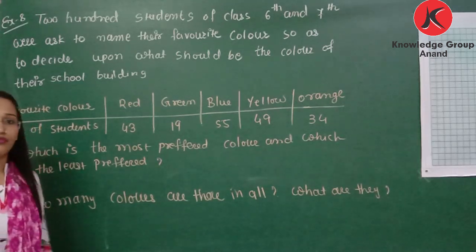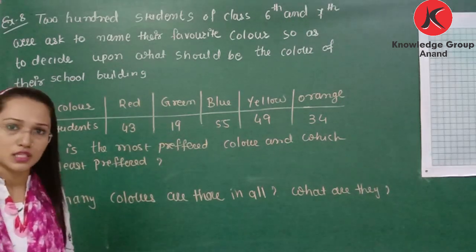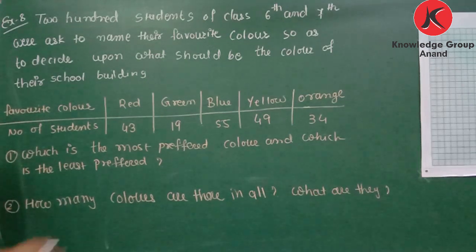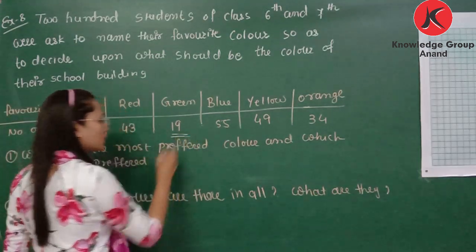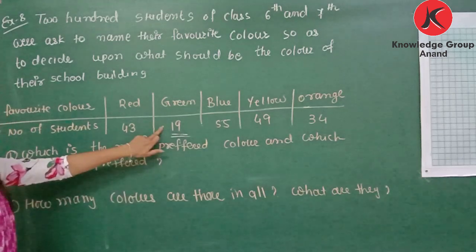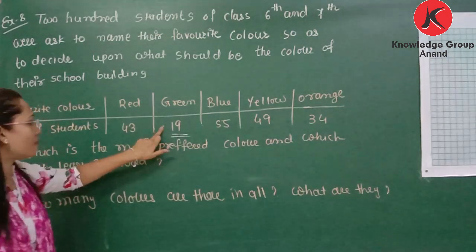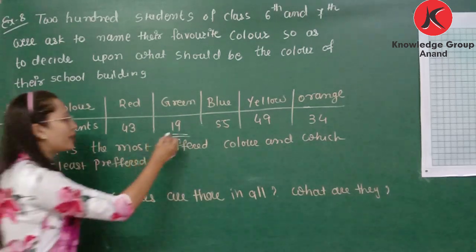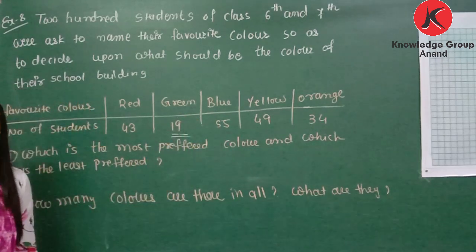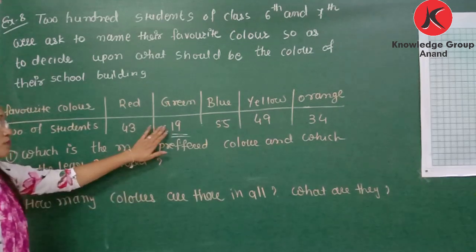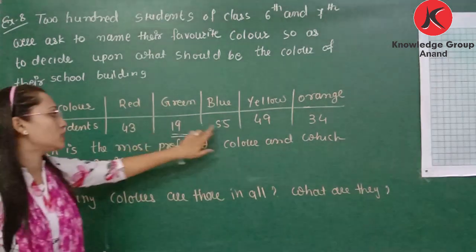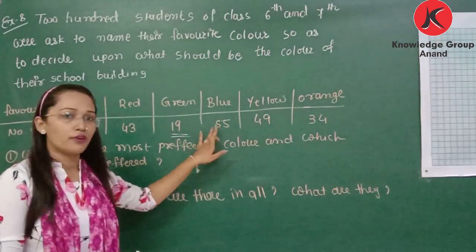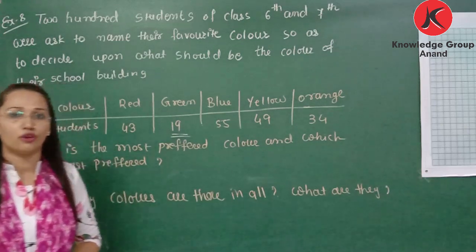Okay, so first of all, we need to understand what the scale is. To decide the scale, you need to find the smallest number from this information. What is the smallest? That is 19, the minimum value, and what is the maximum value? 55. It means you need to represent data from 19 to 55 on a graph. It must be possible to draw data from 19 to 55. You should select the scale in such a way that the information from 19 to 55 can be drawn on the graph.